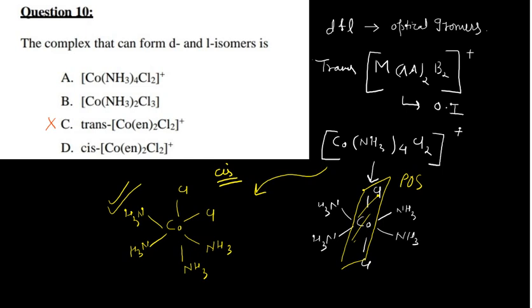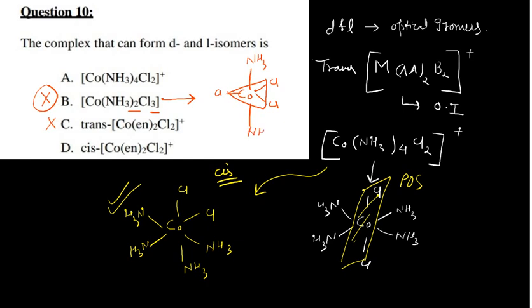But this cannot be your option, because in that case the coordination number is 5. So when the coordination number is 5, you can put cobalt in the center and three of the chlorines in the equatorial position. It's a trigonal bipyramidal geometry, okay? And put two ammonia over there, NH3.